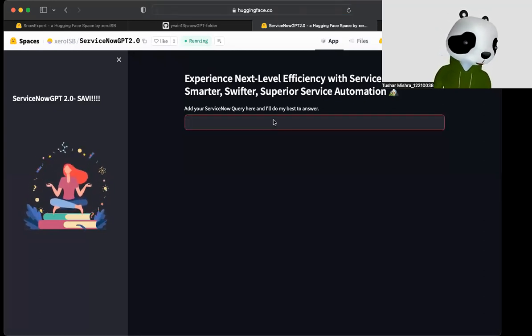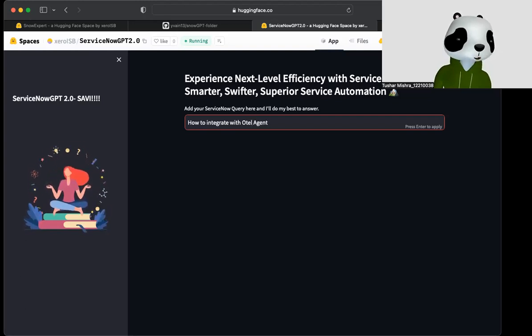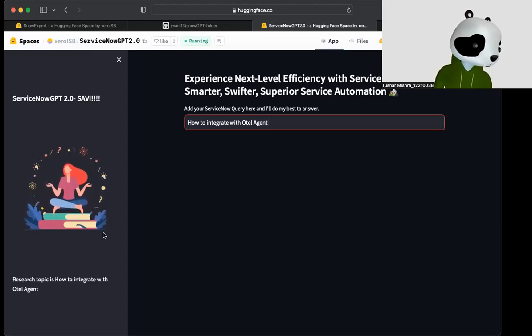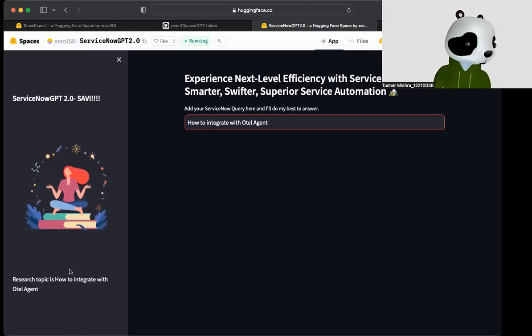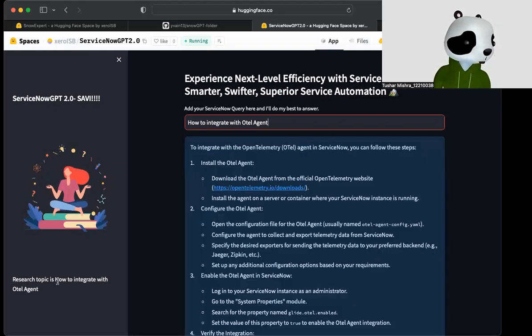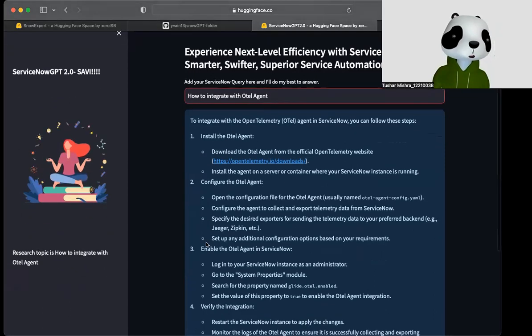Suppose I ask how to integrate with the OTel agent. This is the OpenTelemetry agent used for AI ops. It is a good and complex question. Here you can see it searched how to integrate with the OTel agent and provided the answer within 5 seconds,